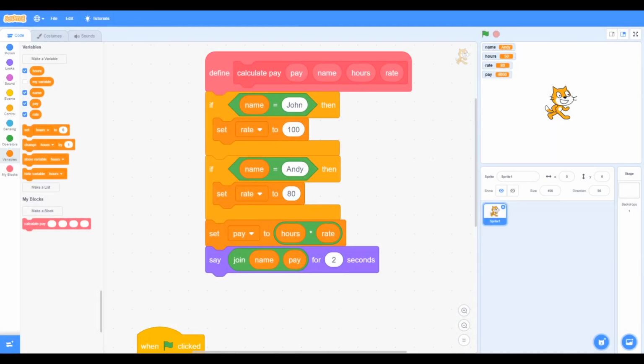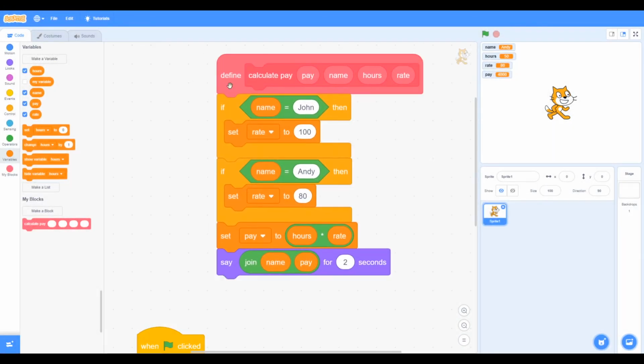Let's look at another example. Here we've created a function called calculate pay, and we've got pay, name, hours and rate. So we start off by saying the rate of pay for each person. So here John gets a rate of 100, Andy gets a rate of 80, and we set the pay to equal the hours times by the rate. So the pay is basically the rate times the hours,